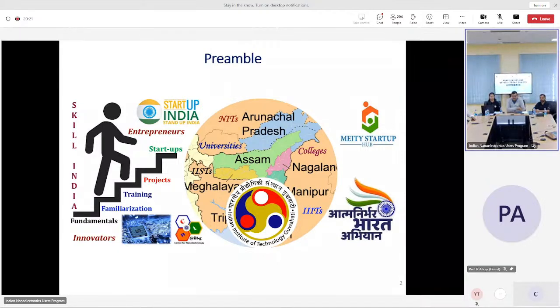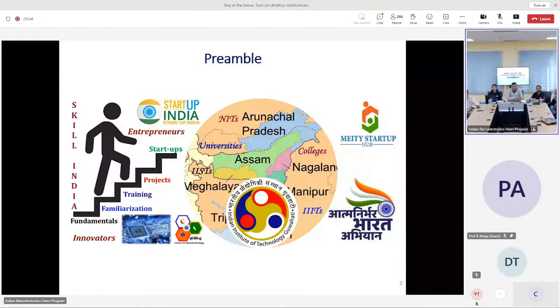As you see from the left-hand side, the workshops arranged here are the fundamentals and familiarization workshops, in which you are participating right now, and then it will be followed by an offline workshop where you will be coming to IIT Guwahati for a